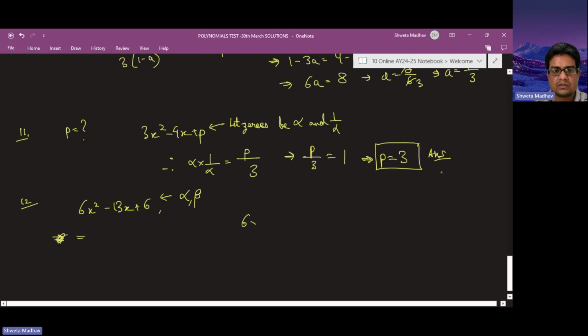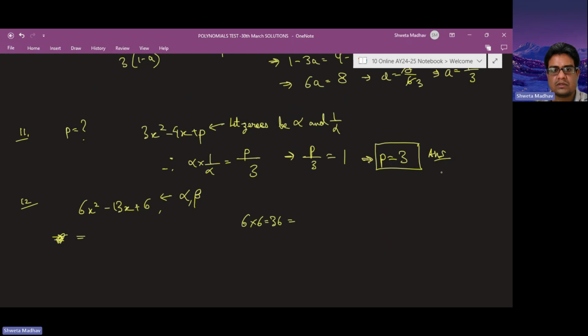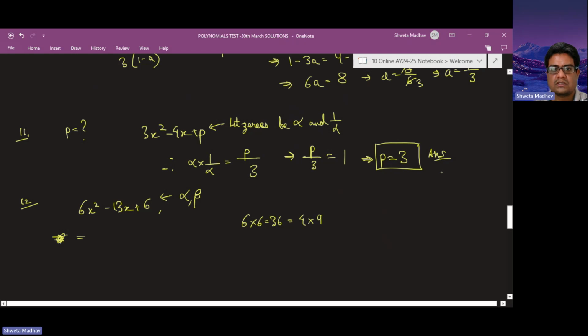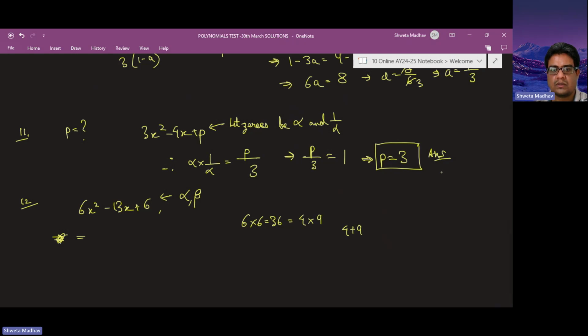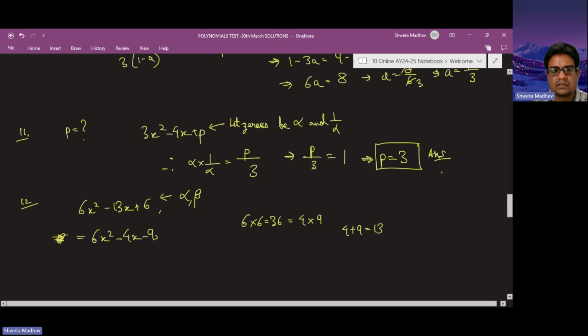So we know that 6 into 6 is 36, and 36 is equal to 4 into 9. 4 nines are 36, and 4 plus 9 will be equal to 13. So we can split this 13x into 4x and 9x. So then we will get x square minus 4x minus 9x plus 6. So then this we will get